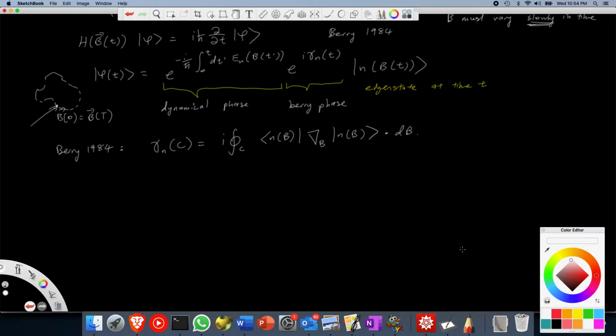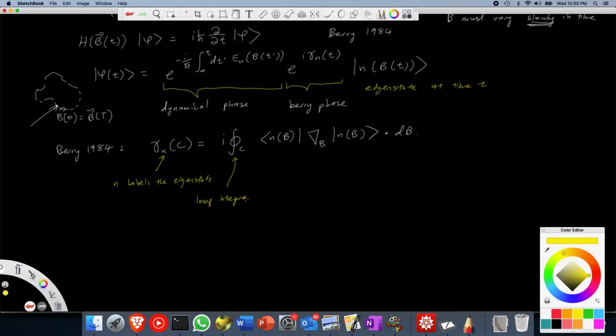So if we break down what each of the terms means: first of all, gamma is the Berry phase, and the subscript n is the label for the eigenstate. Then we have a closed loop integral,